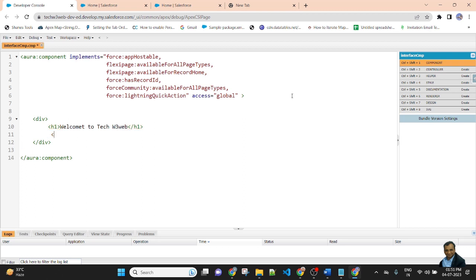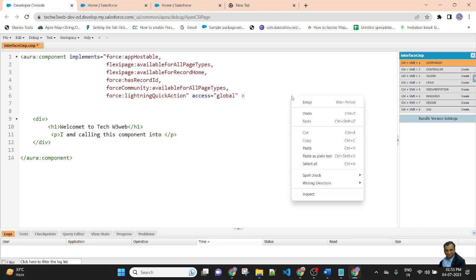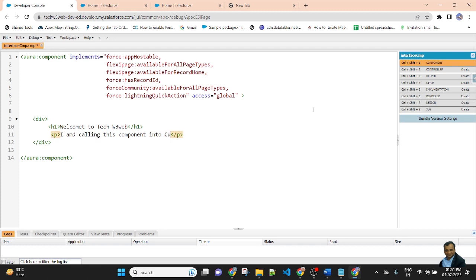And here I type: I am calling this component into a custom app page in Salesforce. Last time I called the component into the application. This time I will call this component into the custom app page.